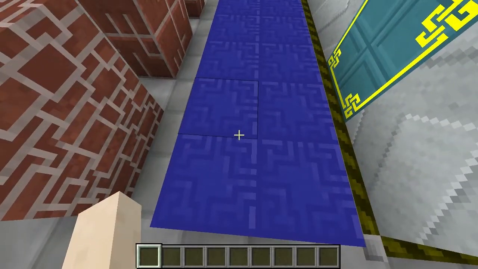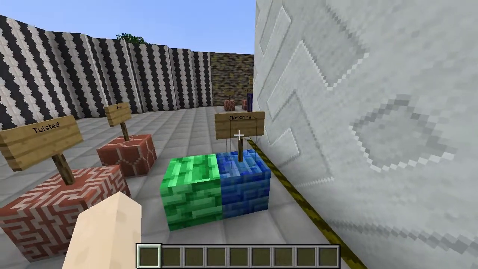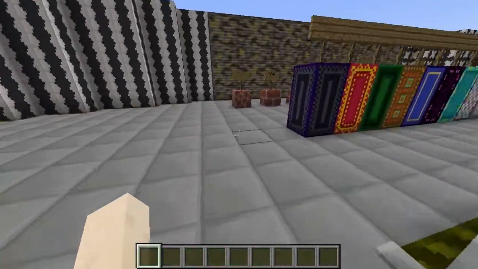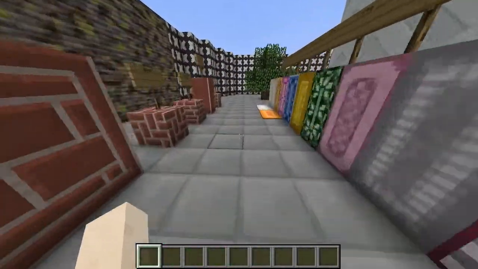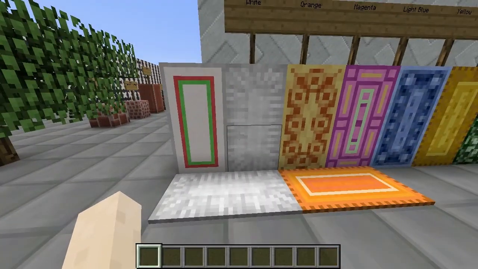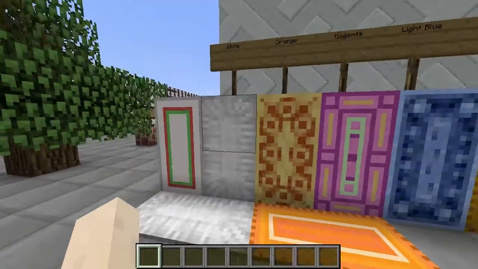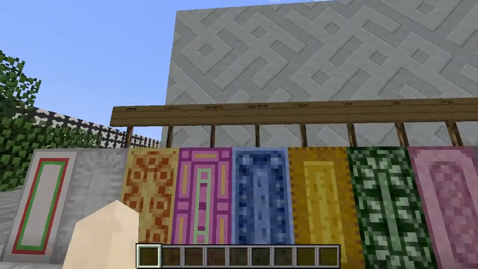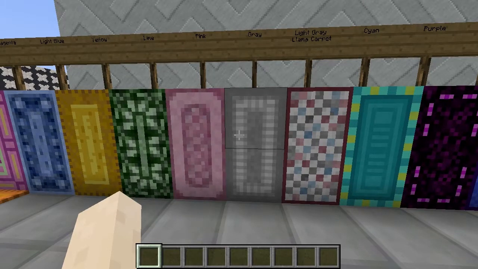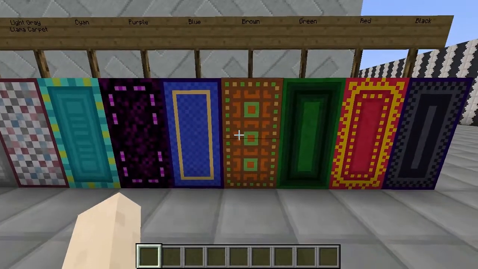Now here we have concrete, acts much like the other blocks, but it gives you a little speed boost. And then we have the masonry block as well, which is another one for emerald and lapis. Also we get a few different types of wool added by Chisel. So essentially we have the regular carpet and the llama carpet, and we also have it in the actual carpet form as well, and that's also connected texture. So you can see here we have white and orange, magenta, light blue, yellow, lime, pink and grey, and that's in the legacy carpet. And with regards to the llama carpets, we have light grey, cyan, purple, blue, brown, green,